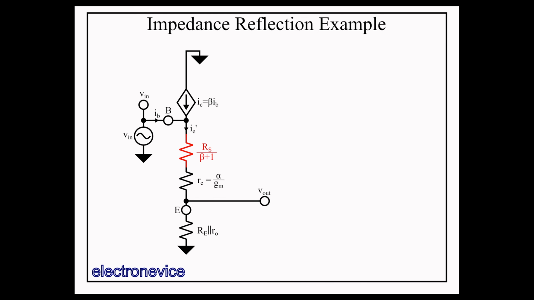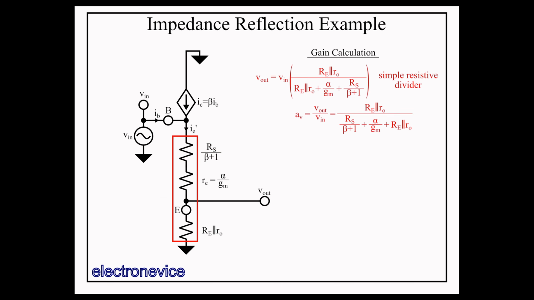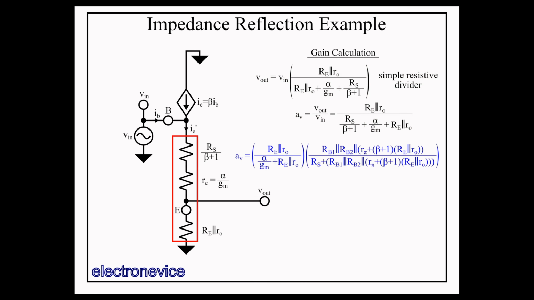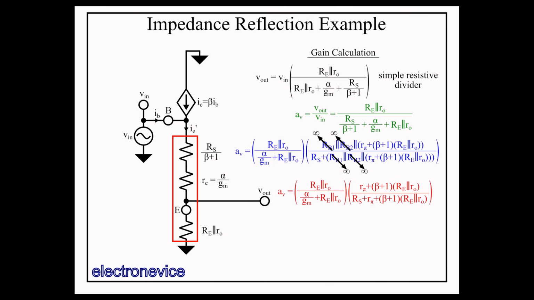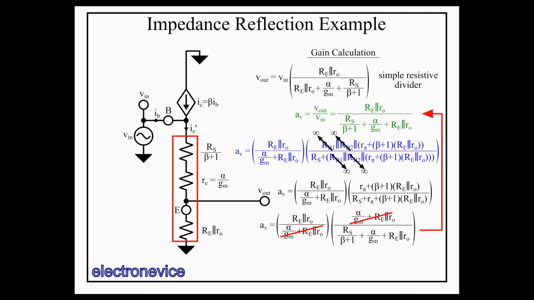We can ignore this current source since regardless of the current coming out of it, the output voltage is simply determined with the resistive divider equation, since Vin is on the top and ground is on the bottom, with Vout being tapped in the middle of the divider. This result doesn't look exactly like our previous result with the biasing resistors, but if we infinite value those biasing resistors, then simplify, then divide the top and bottom of the left portion of the equation by beta plus 1, and simplifying, we recognize that this is the same result as what the impedance reflection produced, with a circuit where the biasing resistors can be ignored.